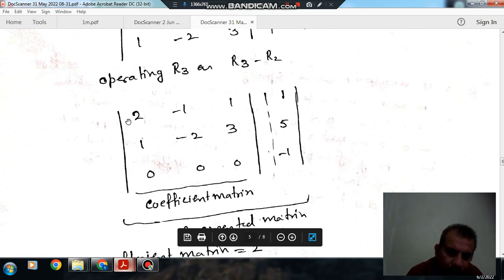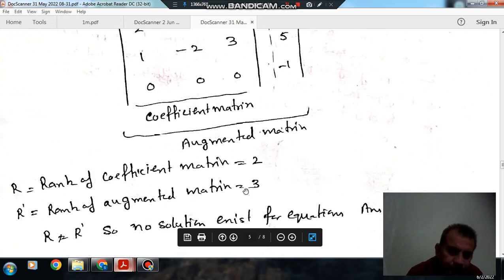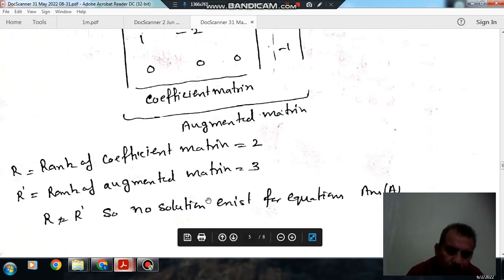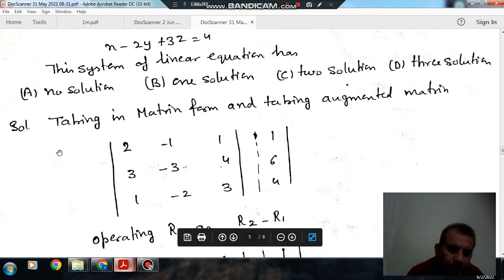The rank of the coefficient matrix is 2, and the rank of the augmented matrix is 3. So these ranks are not equal, and so it is having no solution. So the answer is option A. Next,